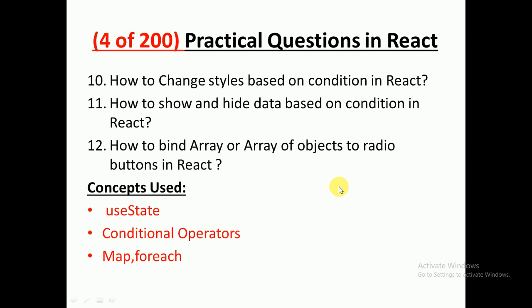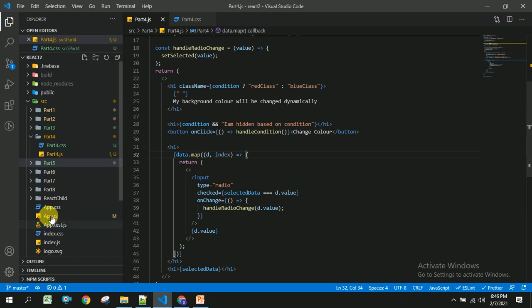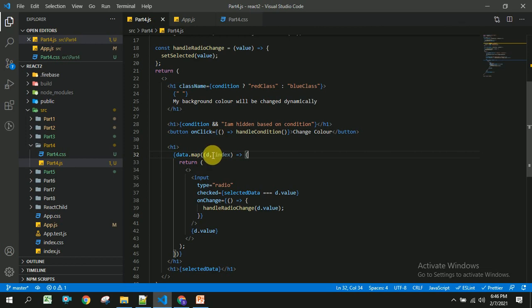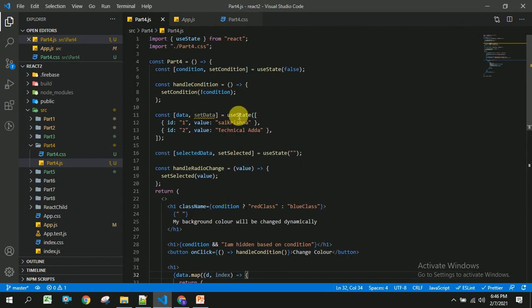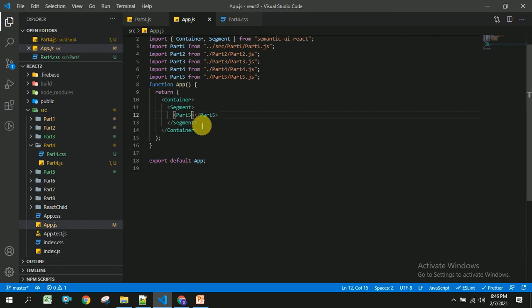So for this I have created a project called React2, and in this project I have app.js, which is the parent component, and part4.js, which is the child component. I am going to write my code in part4.js, and in app.js I am going to render this part4 like this.